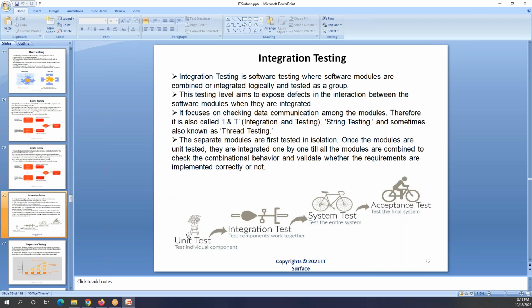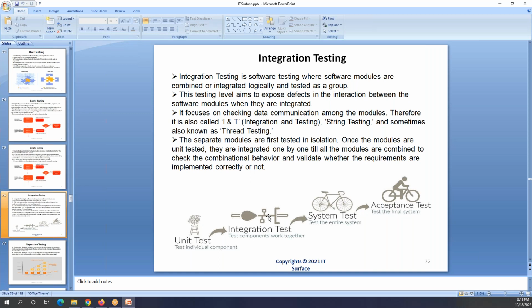Unit testing is testing a small piece of your cycle, for example your wheel. It is a small piece that you are testing: is it round or not, is it rotating properly or not. This is the unit testing that you do. Then you integrate the equipment of that cycle, putting two or three things together and testing them. So you are doing integration.